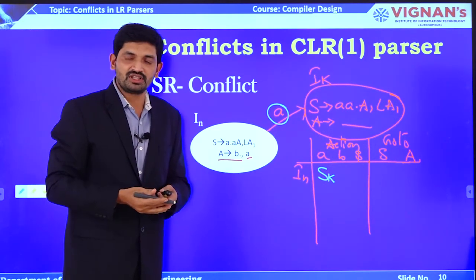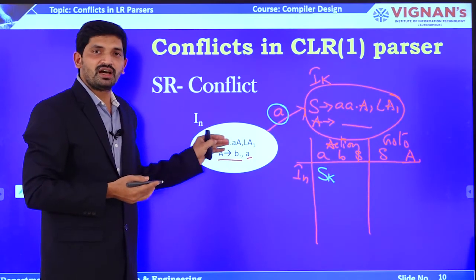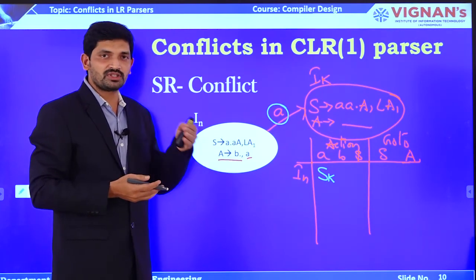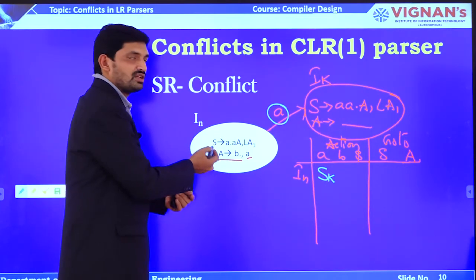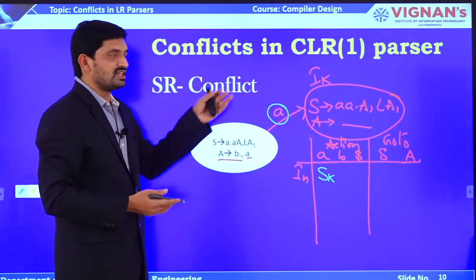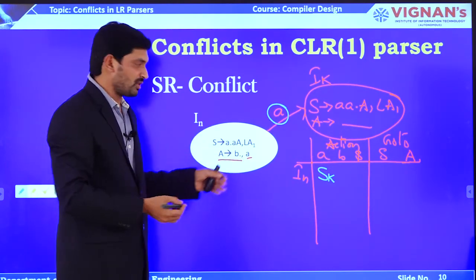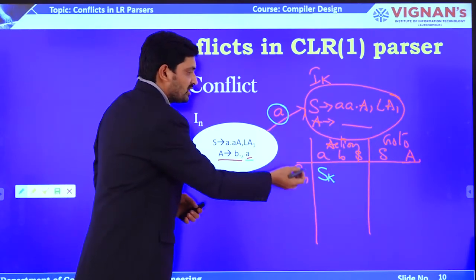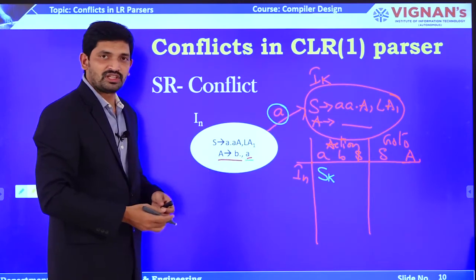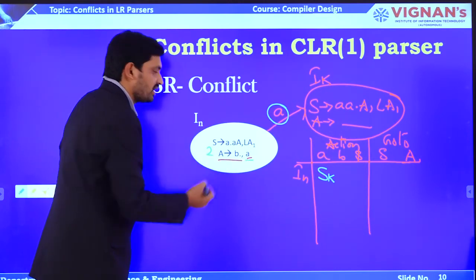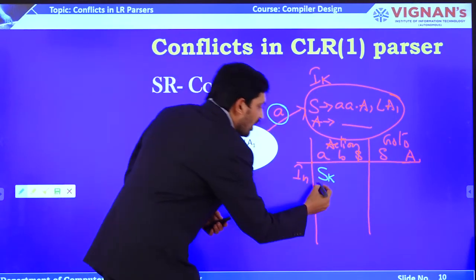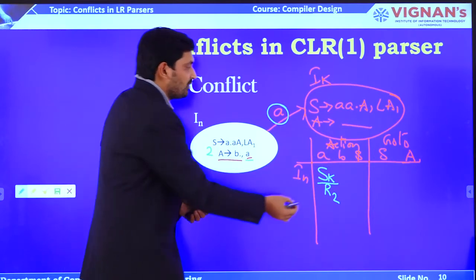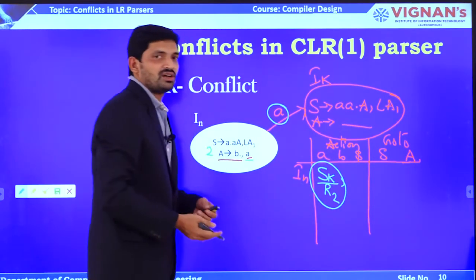In LR0 parser, I have to place the reduce operation in the entire row. In the SLR1 parser, if there is a final item, I have to place the reduce operation in the follow of this left hand side non-terminal. But in CLR1 parser, we have to place the reduce operation in the place of look aheads only. So, I have to place the reduce operation in the place of small a. Let us say this is the production number 2 in the given grammar. So, I have to write R2 here. So, it clearly indicates a conflict named as SR conflict.